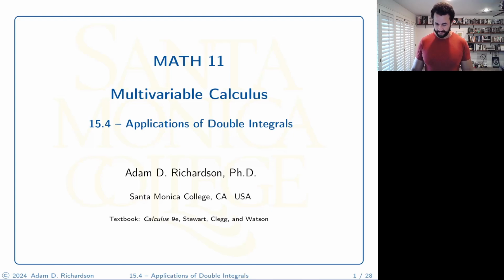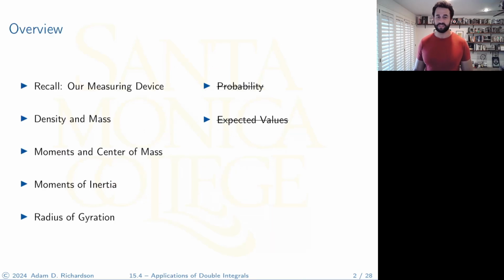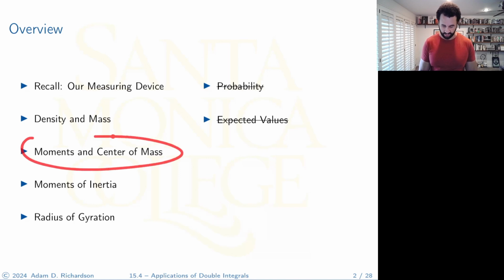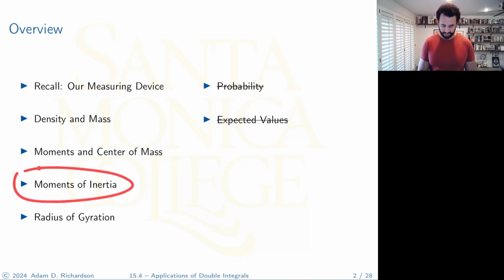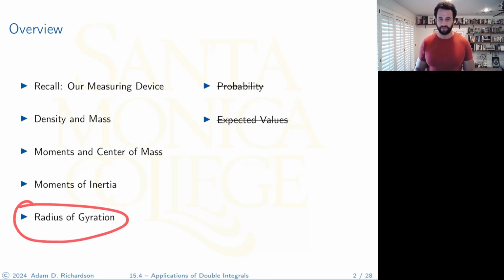There we are. Okay, so a couple of things. Here's the overview. We're going to start by just recalling the fact that the integral is kind of our canonical measuring device. Then we're going to talk about density and mass. If you remember when you discussed these concepts back in Calc 2, it's kind of a repeat of that section, except now it's with higher dimensions, right? So 2 dimensions in this case. Then we'll talk about moments and center of mass, moments of inertia, and we'll finish up with the radius of